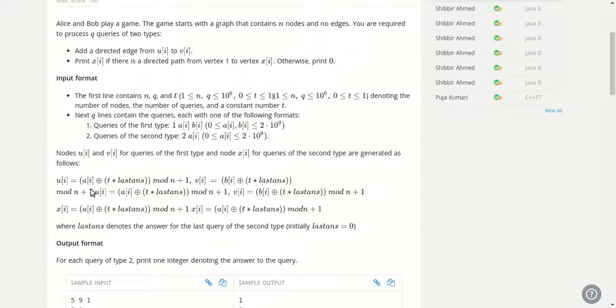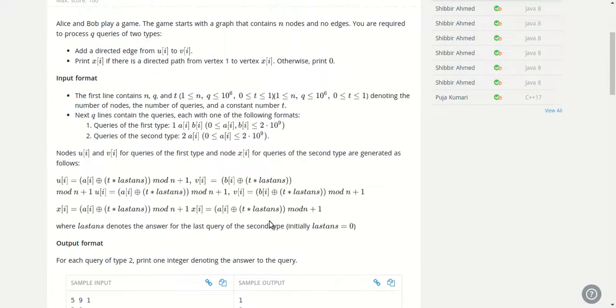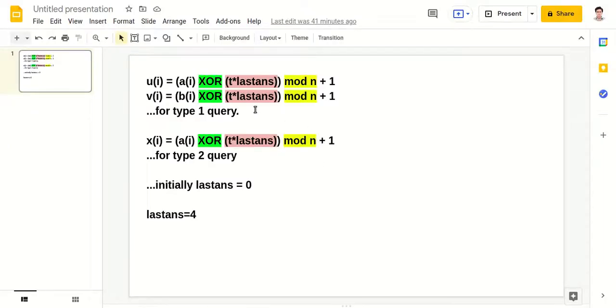AI will calculate UI using T and the last answer. You can check the proper explanation in the problem statement; they have repeated it multiple times.